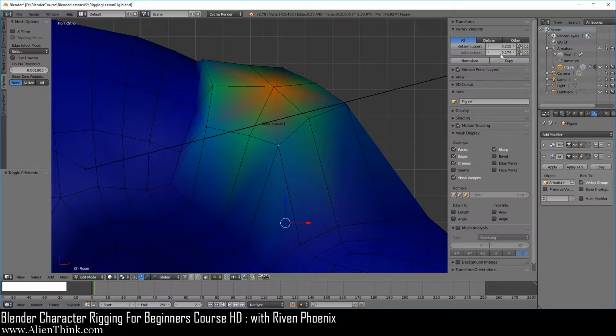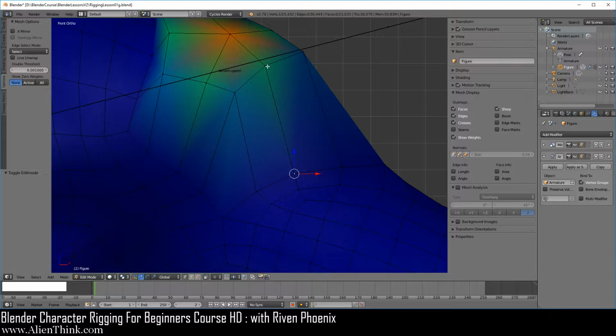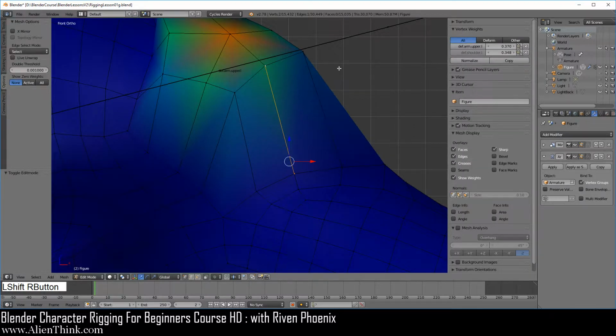Now, what I want to show you over here is this icon and this button over here, right? What is the difference between these? So now let's go ahead and actually click on this vertex over here. Notice that it has the vertex group assigned. Now click over here. You'll notice that there is no vertex group defined. So if you click on this vertex, press the shift key down and now go to this one. Remember, you have to come back to this so you can access this panel. Now go ahead and click on this button. Basically, what it's going to do is copy this group's weight to the other selected vertices.